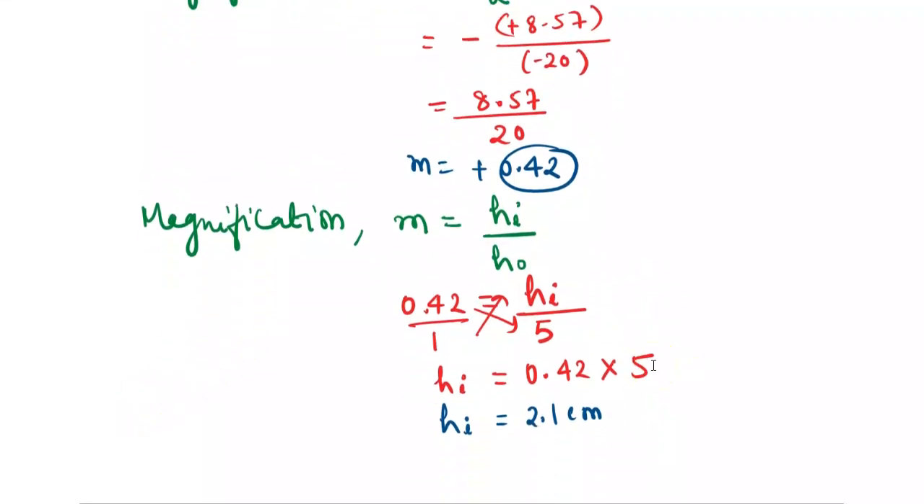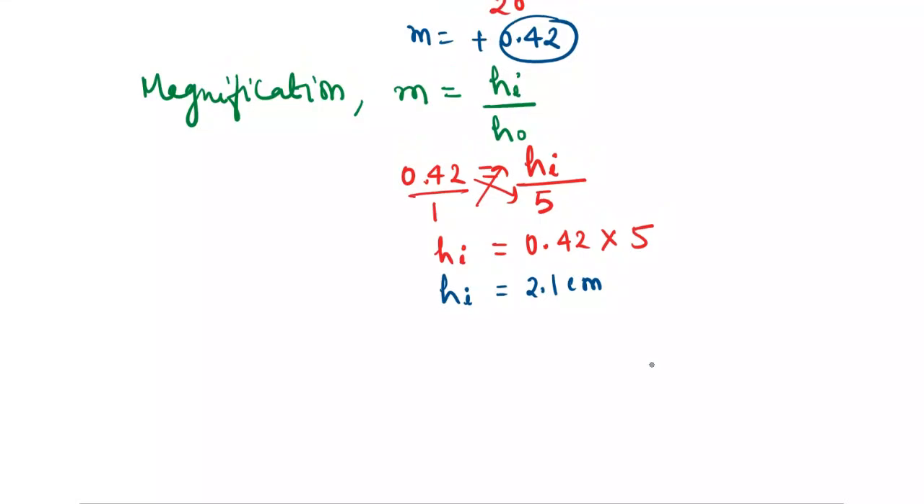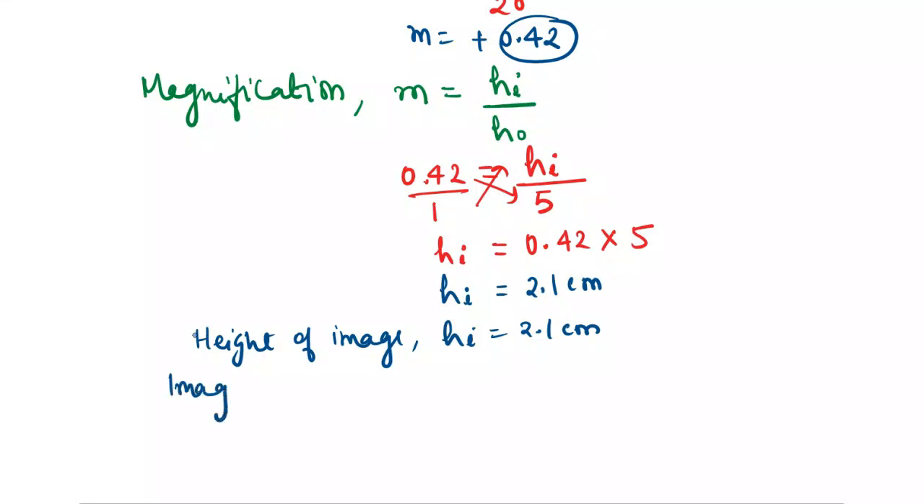So we can conclude that the height of the image is 2.1 centimeter. Now from this we can conclude that the positive value of image height indicates that the image is erect. Therefore the image formed is erect, and that is virtual because the image is made on the left side,